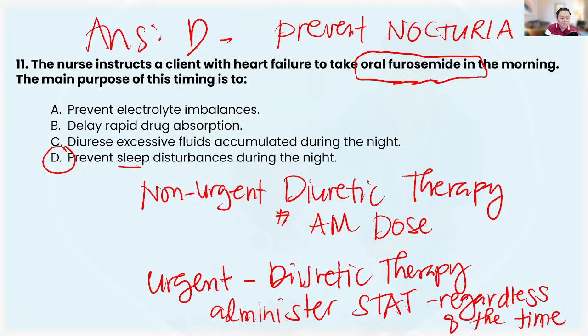Okay, so let me just put here in a case of pulmonary edema. This will require urgent diuretic therapy, which is the injection of the furosemide IV. You gotta administer it right away. Do not wait till the morning comes. But in this scenario, this is a non-urgent diuretic therapy. You can give this medication in the daytime schedule, AM dose. All right, that is specific. Now, let's move on to the next